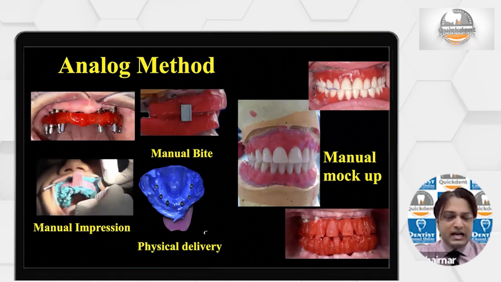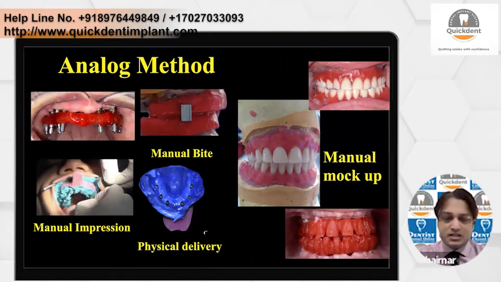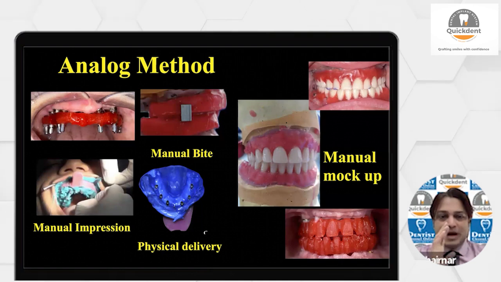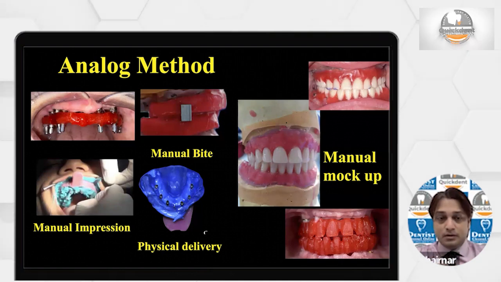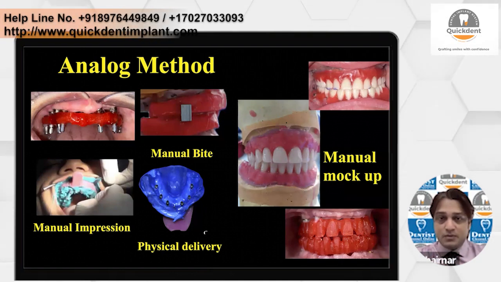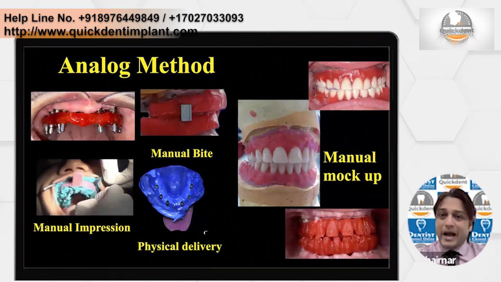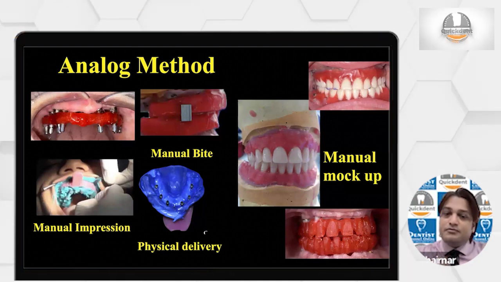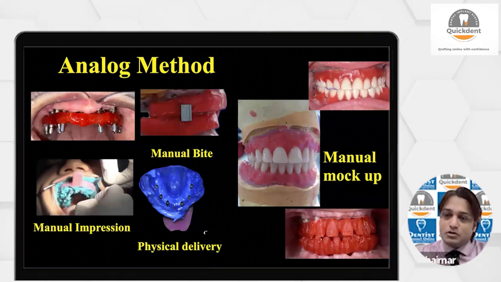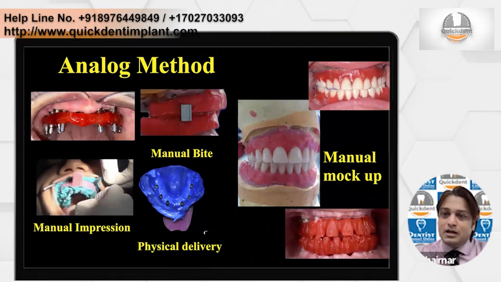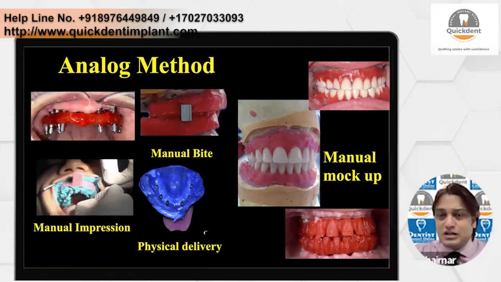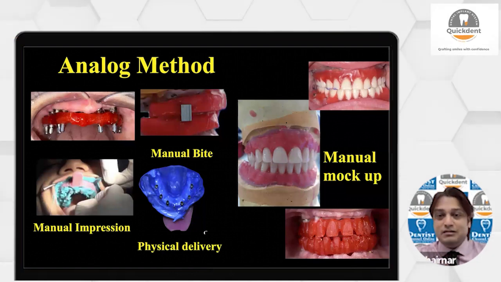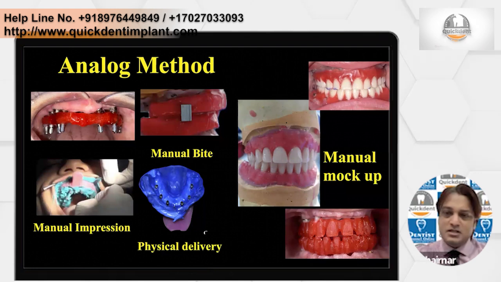So attach and then cut it and check verifications and have jig verifications, whether it's open or not, again re-verify. It takes time. So manual impression is the most important concern with the analog method. The second thing was the manual bite. You have to take the bite and you have to take the impression, and the physical delivery used to happen to the laboratory. So a lot of time used to get invested. The lab person has not come, and then you're waiting for the lab person, and you have to finish the case in 5 days, and he will come in the evening. So you have a lot of dependencies there.